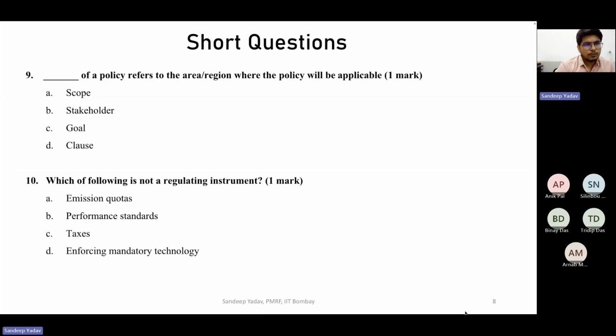There are four options: scope of a policy, stakeholder, goal, or clause. It's a basic question all of you can answer. So here the right option will be the scope. Scope of a policy refers to